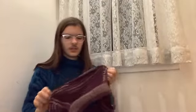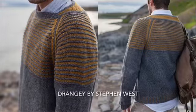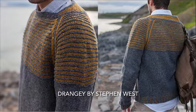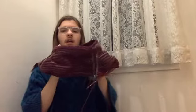So this is the Drangey sweater by Stephen West. I just cast it on this past weekend. I cast it on Friday night actually, and this is all I've been working on since, and I'm really excited